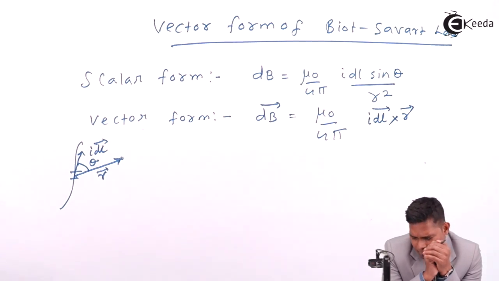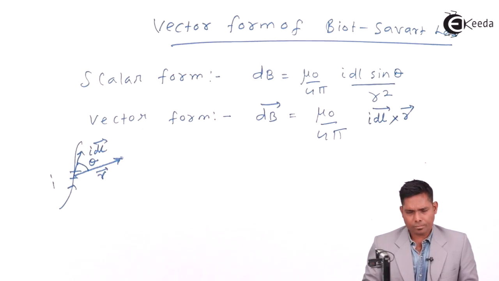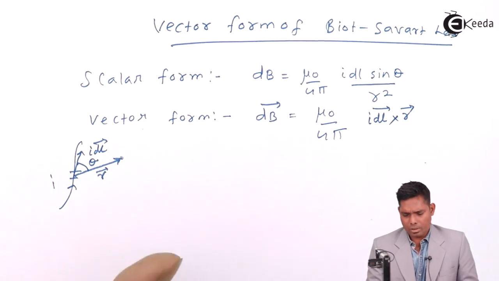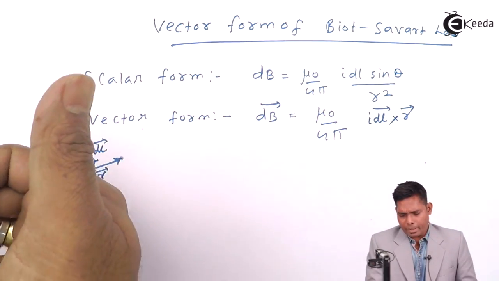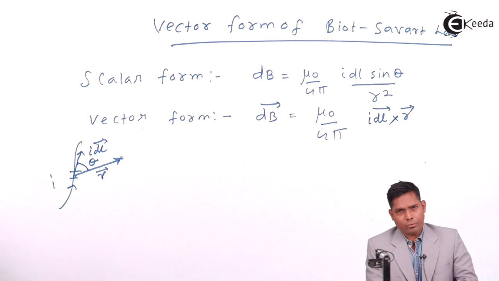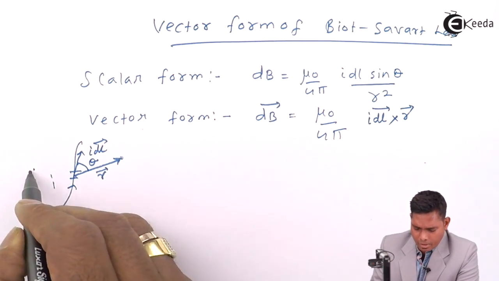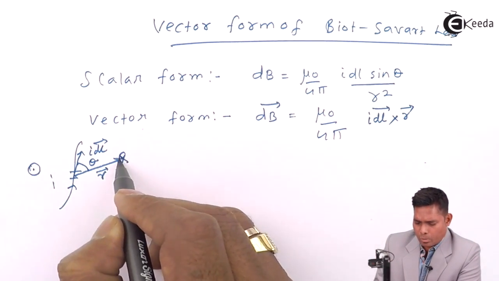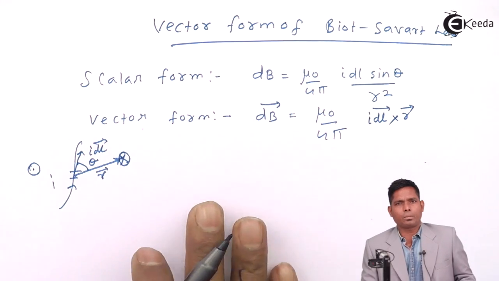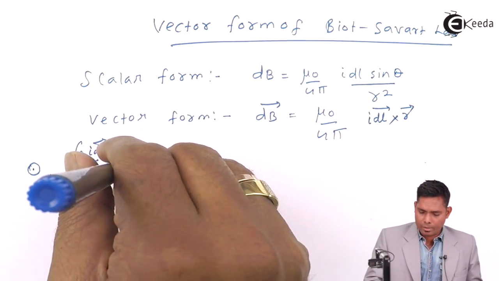So in this case, if the current is flowing like this, I hold the conductor like this. So the magnetic field will be, if the conductor is like this, and the current is flowing like this, magnetic field will be like this. From this side it is coming out, and this side it will go into. So this side the magnetic field will come out, and this side will go into the plane of the paper. So it should be like that only. Now,